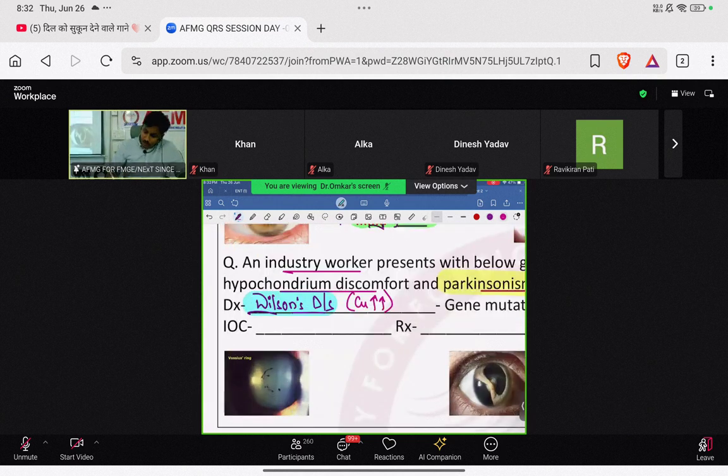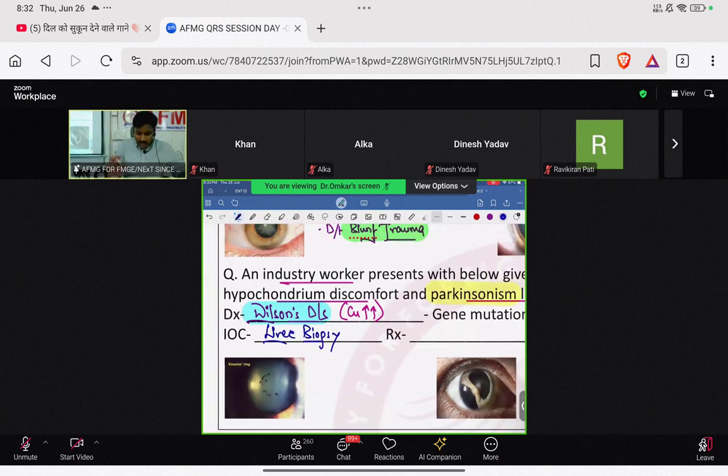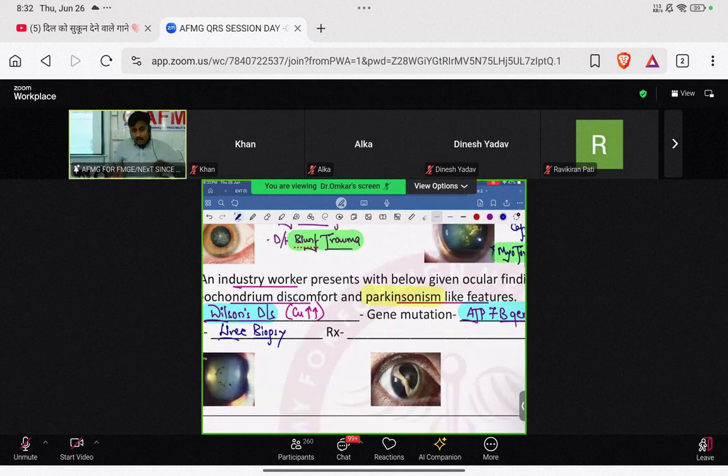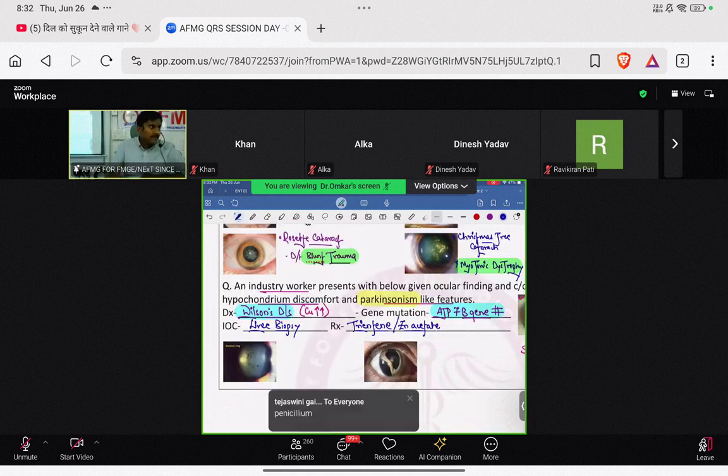Investigation of choice: serum ceruloplasmin is only a screening test. Investigation of choice is a liver biopsy. On liver biopsy you have to estimate the amount, or the weight, of copper, which will be the best investigation. Treatment: the drug of choice is going to be trientine, beta. The drug of choice for a case of Wilson's disease is either trientine or the other option is zinc acetate. If they ask for the antidote of choice, it is D-penicillamine, beta. That is D-penicillamine, which is the antidote of choice for copper toxicity.